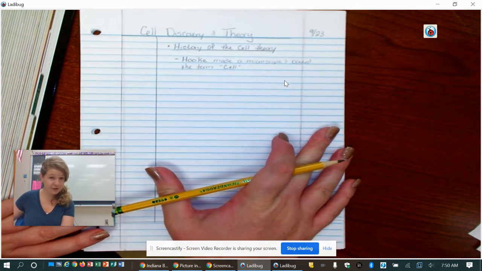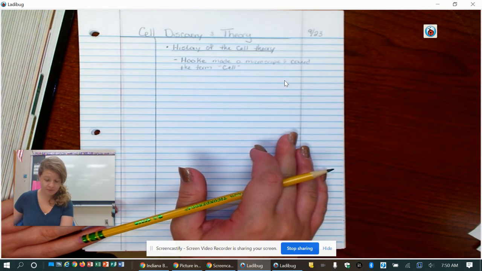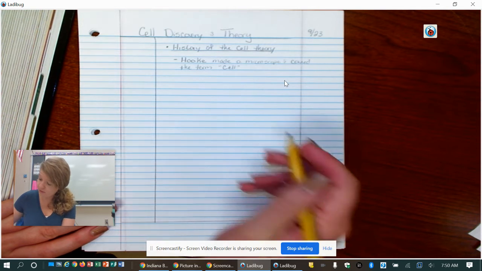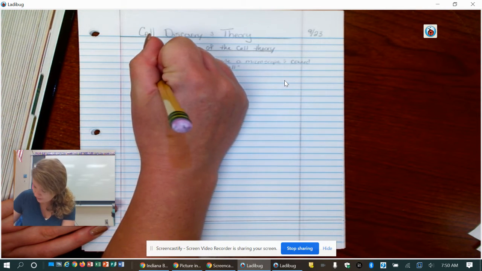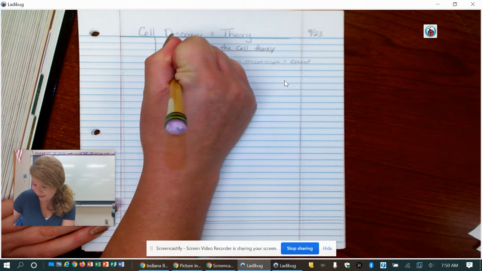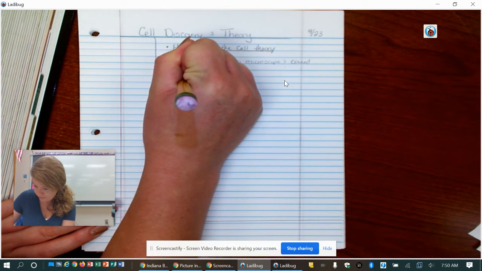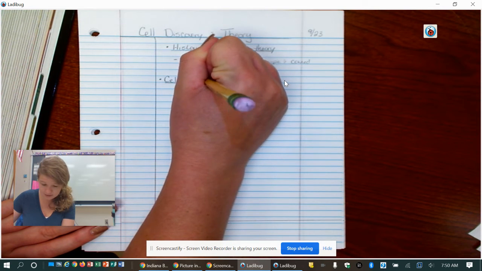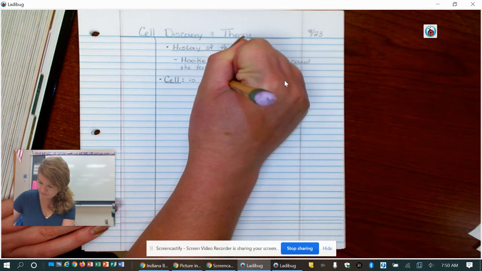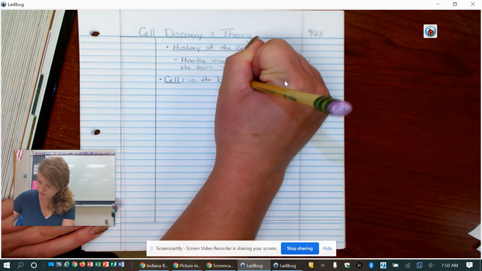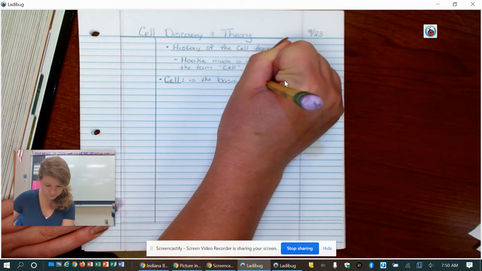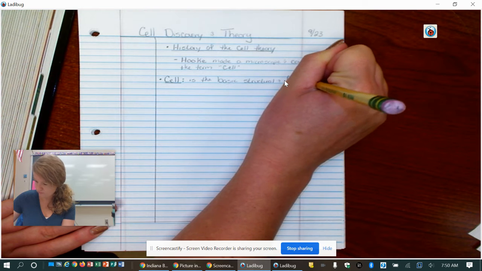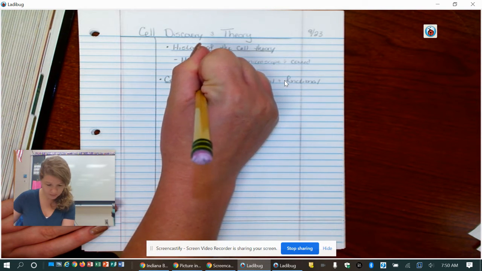At least that is what I feel like our book is trying to tell us that they want us to know about Robert Hooke. Also, in this reading, we learned a vocab term. So right away, I'm going to make another bullet point, and I'm going to put cell. I'm going to underline it so I know that that is a vocab word. Cell is the basic structural and functional unit